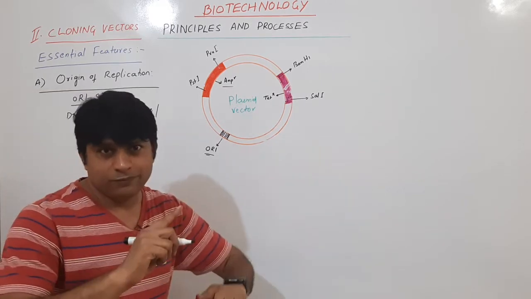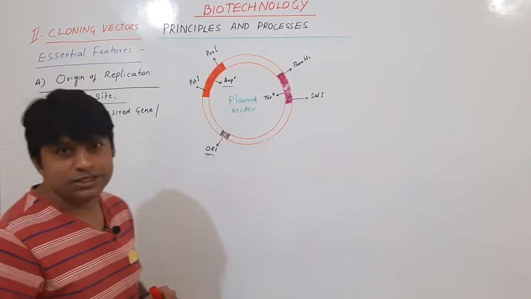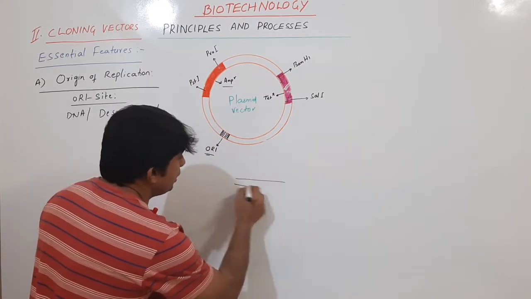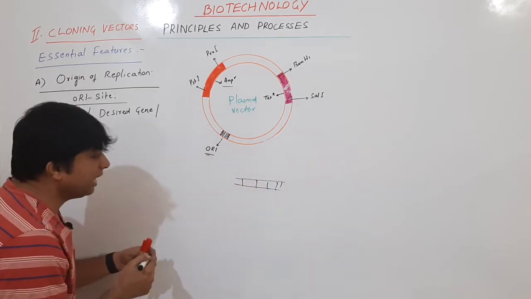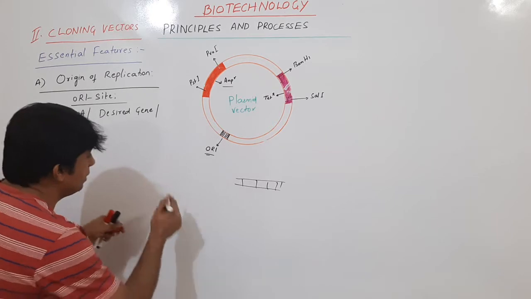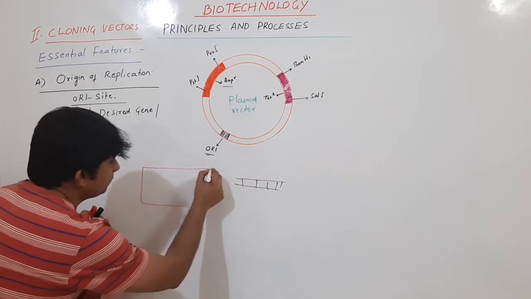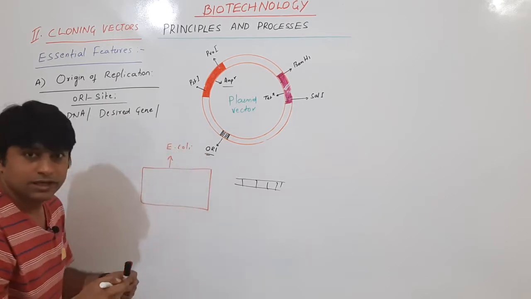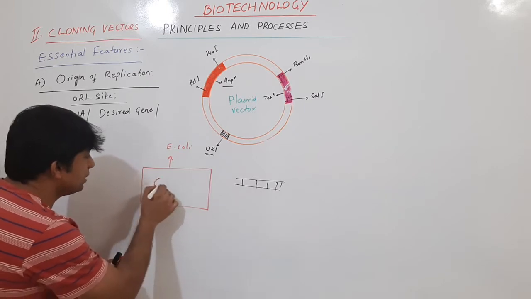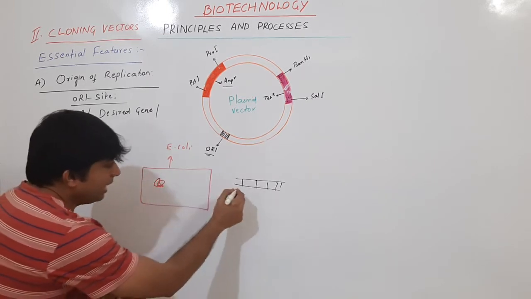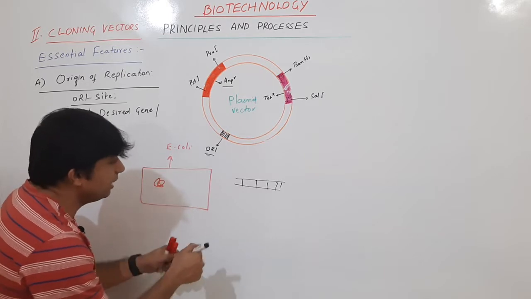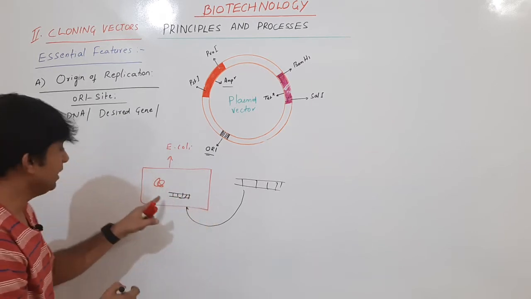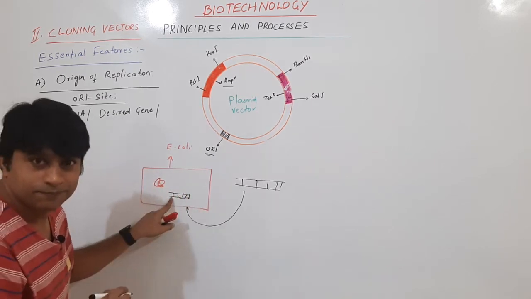Any gene or DNA linked to this sequence will multiply. For example, this is our gene of interest, and if by any means this gene of interest is introduced into a host organism, for example, this is E. coli, and this is the genome of the host, and the gene of interest is inserted into the host organism like this, it cannot be accepted. It will degrade.